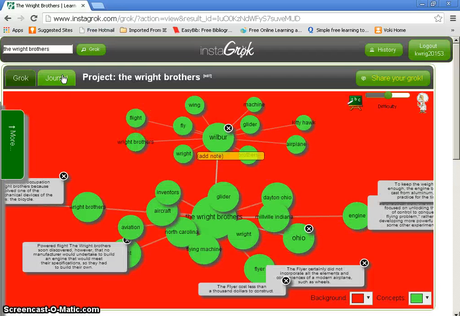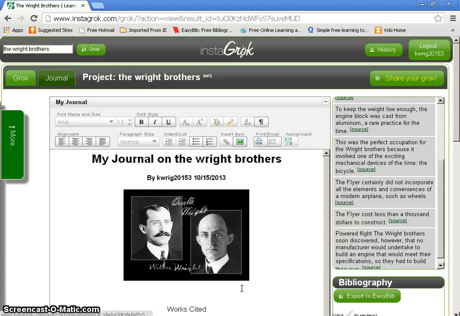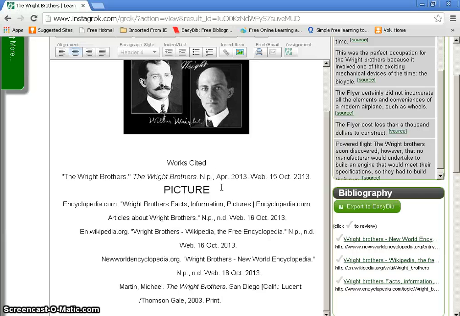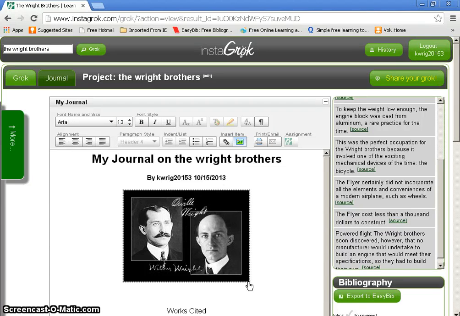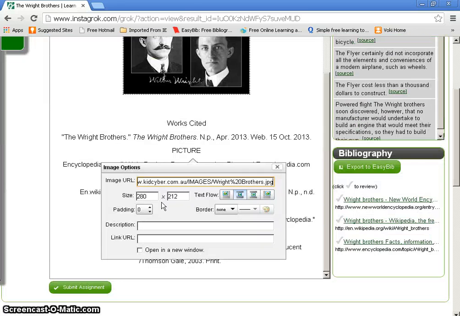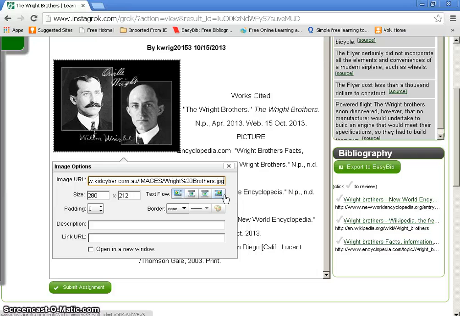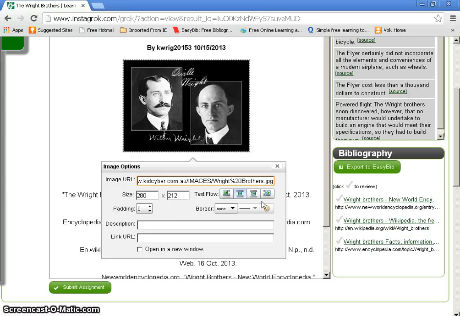Now, there's a couple things about this. Say I want to make this font smaller. You don't click this. Click the up button and the down button. This. You don't drag. You can't drag this. Double click. Come down here. If you want to change the size, you put in the new thing. If you want to change it to look like that, or that, or that,